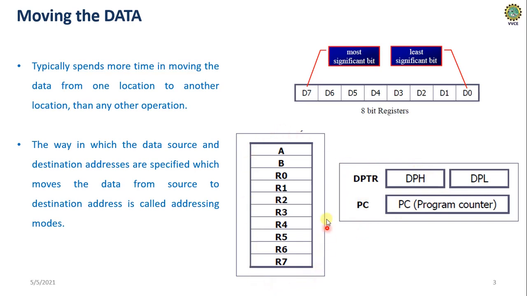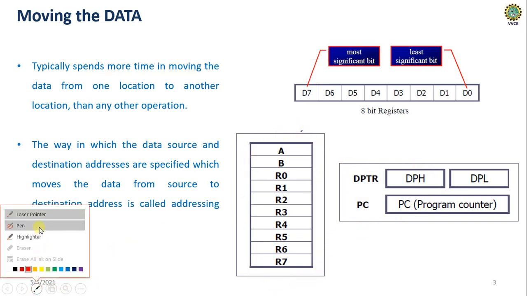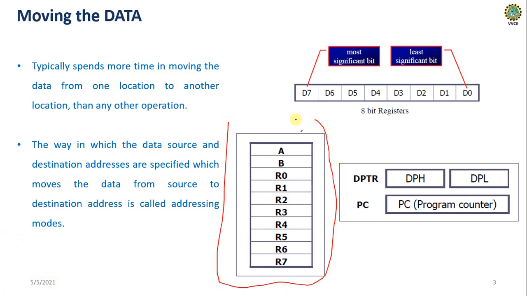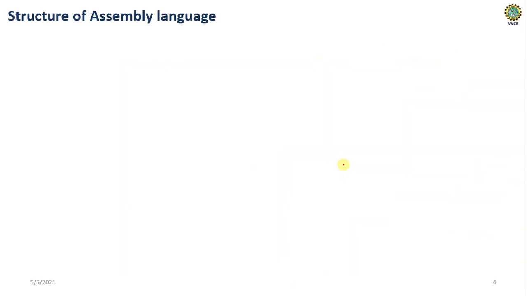So all these registers are only 8-bit registers. Remember, all these registers are 8-bit registers which store the data like this. Fine. Whereas these two registers are 16-bit registers which store a 16-bit value. Okay, fine. So how to move the data which is stored in different types of address locations? That is defined by the addressing modes. Okay, fine. Because we are using assembly programming or assembly language to tell the microcontroller what to do, right?